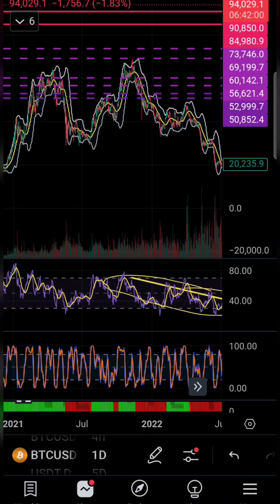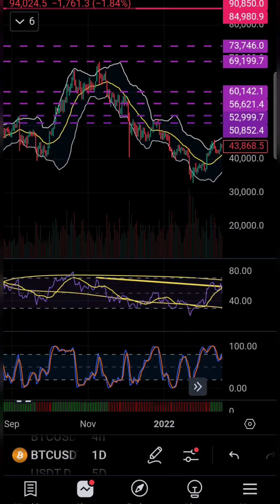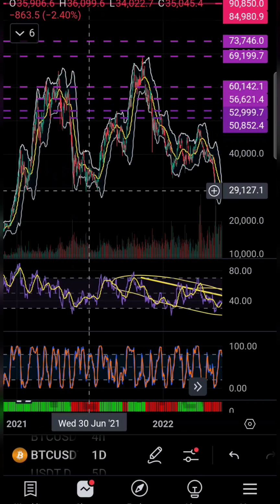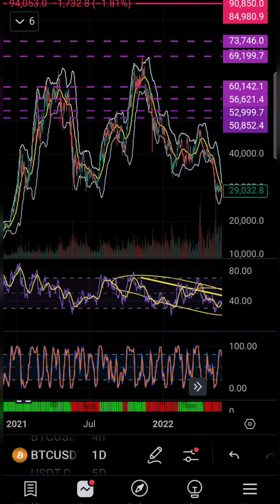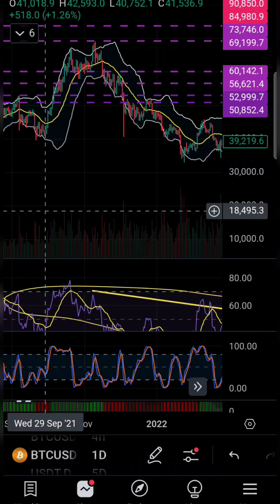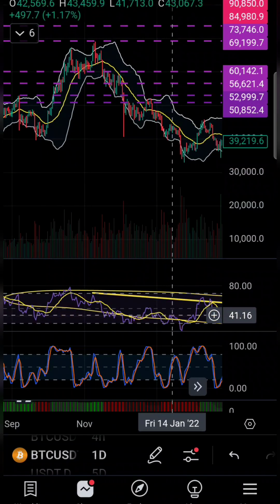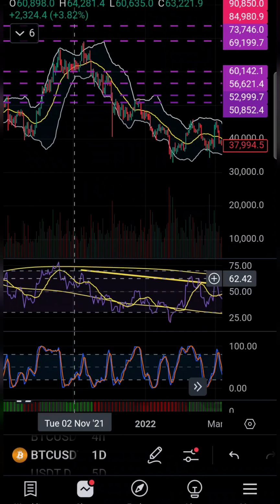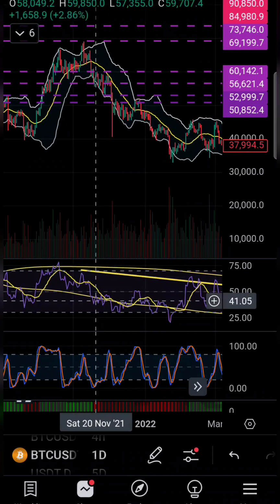Let's see. So this was the second double top. This was the second double top of 21. Bitcoin just absolutely got demolished right here. Came all the way down to 30K. Came back up. It went into extreme overbought, and the RSI finally bottomed out into actually going into extreme oversold. This is a long journey down, and you can see this is the key takeaway right here.